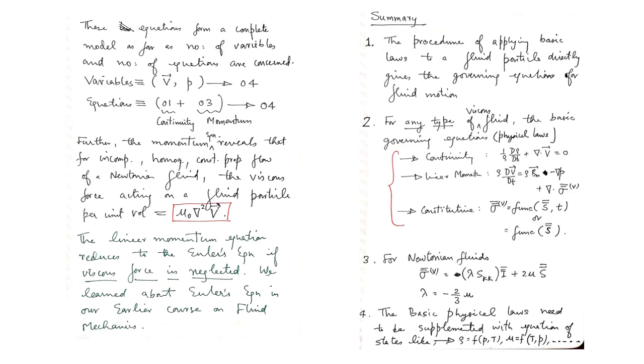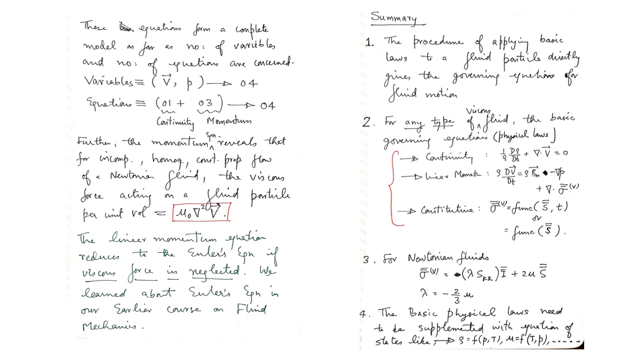Now coming to the third important learning which needs to be summarized, that if my fluids are Newtonian, then I write my viscous tensor as general viscous tensor as lambda Skk. Skk is simply the volumetric strain rate, and identity tensor plus 2 mu times the strain rate tensor. And also we should remember the Stokes hypothesis, because it involves the first coefficient of viscosity mu and second coefficient of viscosity lambda. So Stokes hypothesis lambda minus 2/3 mu needs to be remembered.